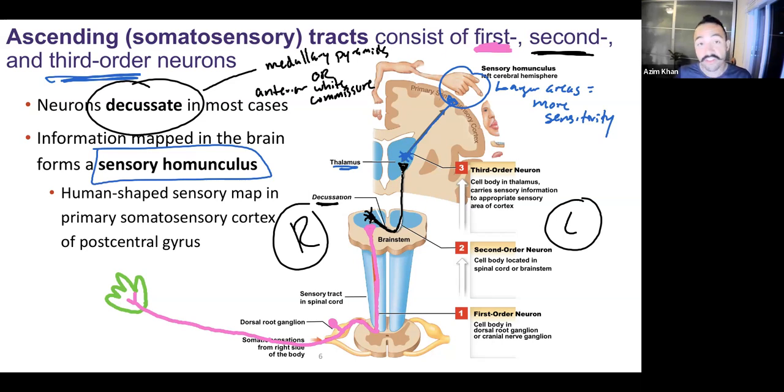This axon within the spinal cord happens to be going up the posterior white column. It might be going in the lateral white column. It might be going in the anterior white column. We get processing in the dorsal ganglion first, then in the medulla oblongata, then in the thalamus, finally in the primary somatosensory cortex. So we have lots of different locations. And when you feel something with your right hand, it gets processed in your left brain, and vice versa. If you feel something with your left, processed in your right brain.